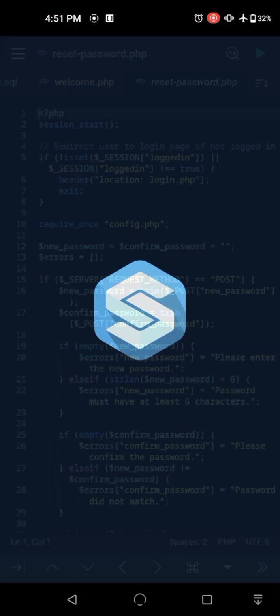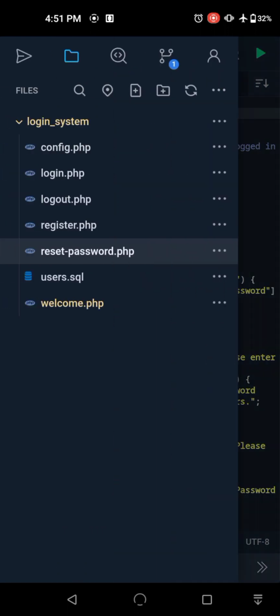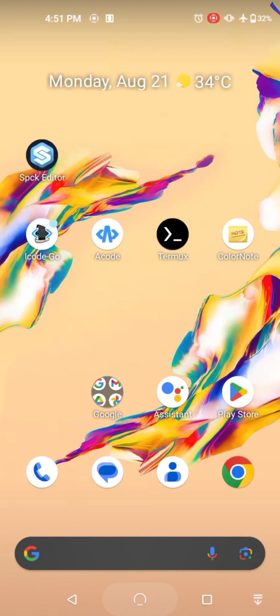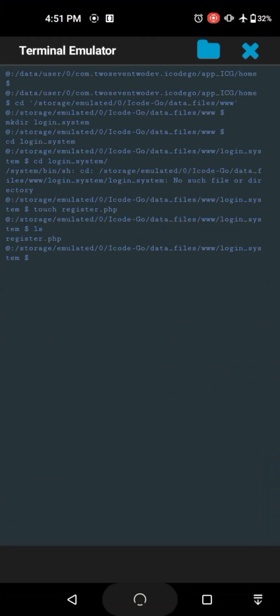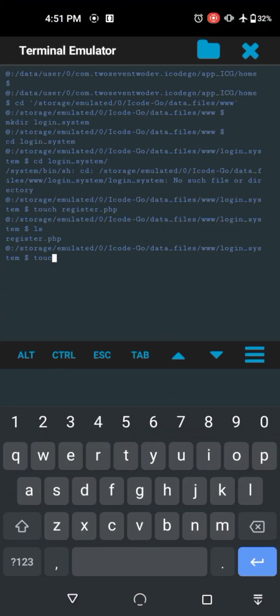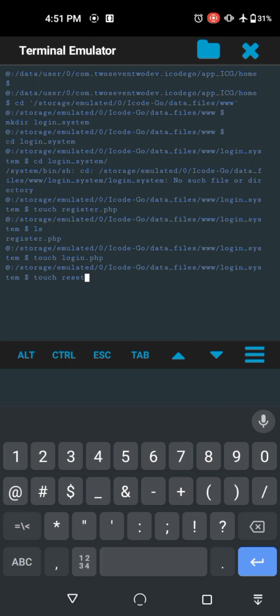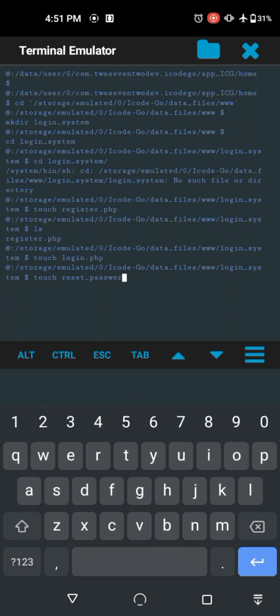Alright, so I'm going to go to my favorite app called Spck Editor. We're going to start from the bottom. I try to memorize a few file names, so hopefully I get all of them. So we're going to start with creating a login.php file, and we're going to create another file. This one is going to be resetpassword.php,